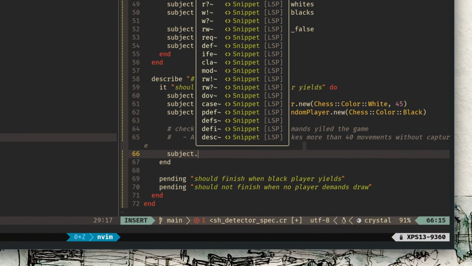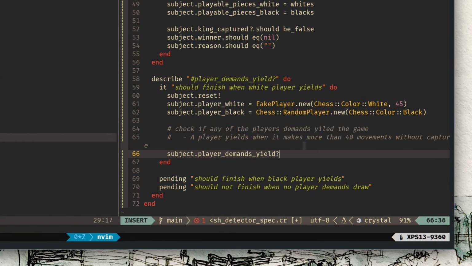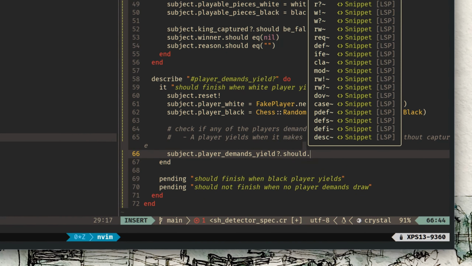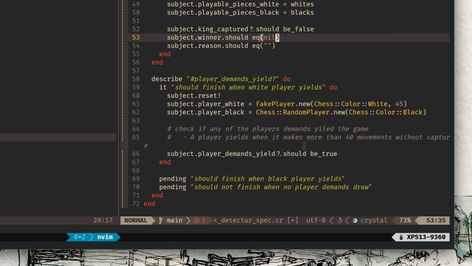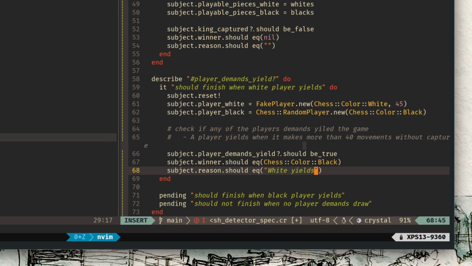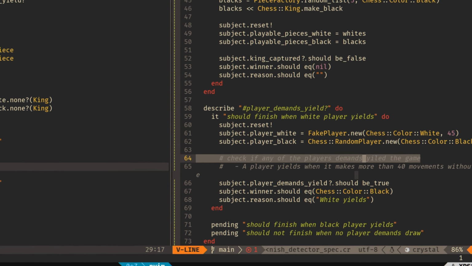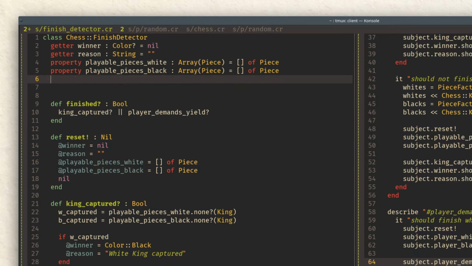Okay, we are going to call the player demands yield method, and this should return true because the white player demands a yield, and the winner should be black, and the reason, white yields. Okay, we can remove this and we can go to implement